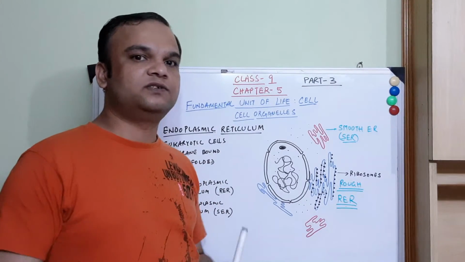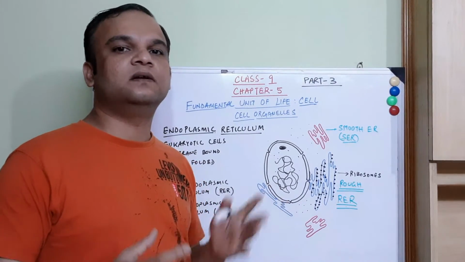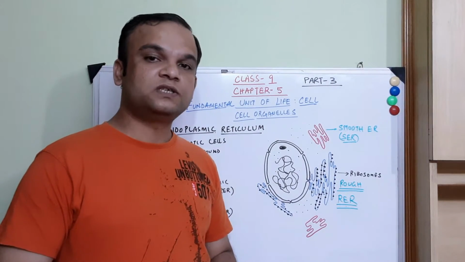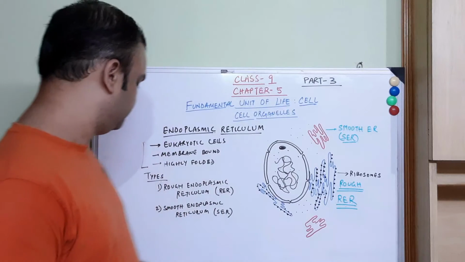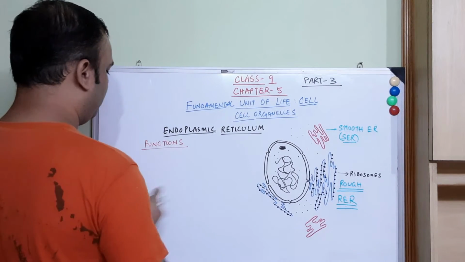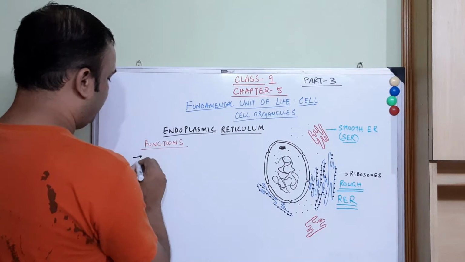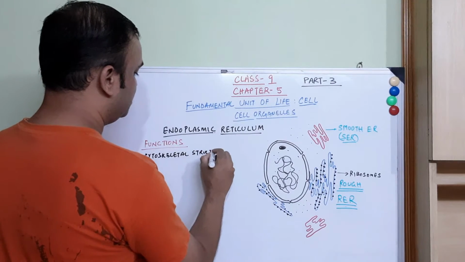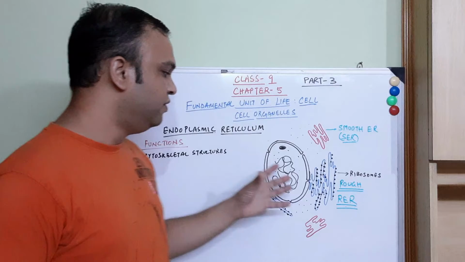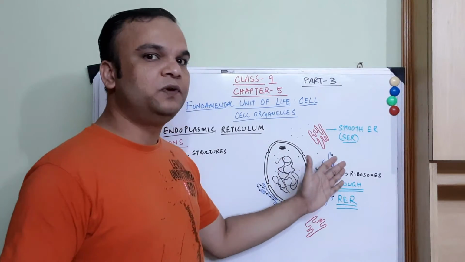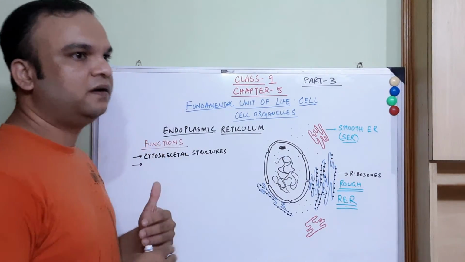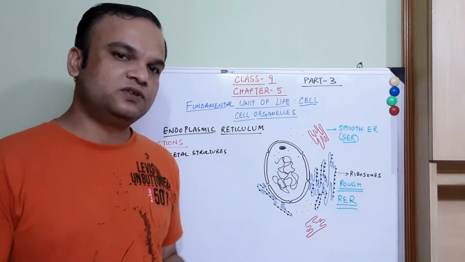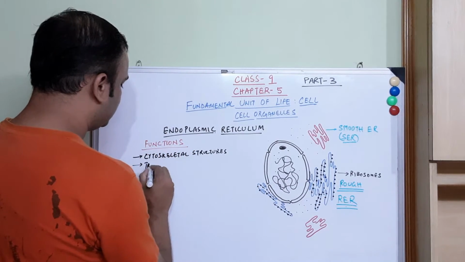They provide the structural framework to this cell so that the cell does not collapse. Okay. So let's now go into the functions of endoplasmic reticulum. The first and foremost function of endoplasmic reticulum, as a common function both of them are having, they are the cytoskeletal structures of the cell. They arise from the nuclear membrane and they also reach up to the cell membranes. They make a kind of a transportation channel within the cell. So they act as a transportation channel.